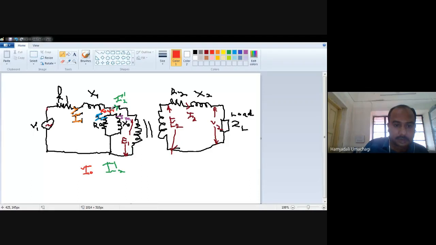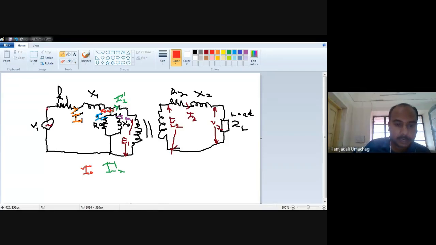So here there is I0 and here I2 dash. I2 dash is nothing but the current that is decided by the load, because current I2 is flowing on the secondary side. Yes or no? I2 is the secondary side current and this is decided by the load. So this active component of the load is flowing on the primary side.